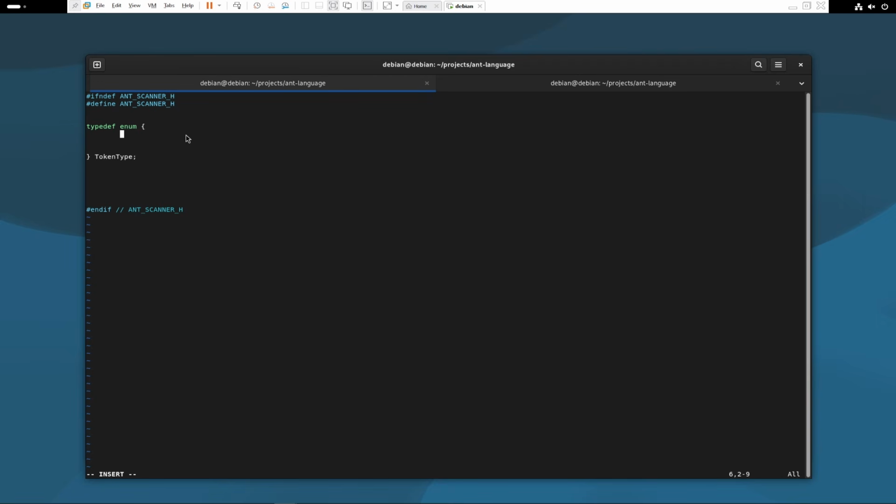The tokens that we need: TOKEN_PLUS, we will use that for arithmetic operation, TOKEN_MINUS, TOKEN_STAR, TOKEN_SLASH, TOKEN_EQUAL, TOKEN_EQUAL_EQUAL,